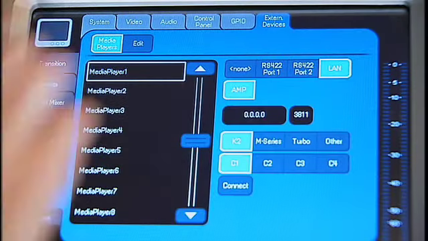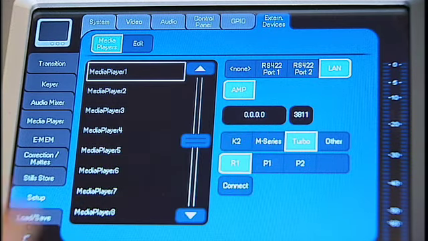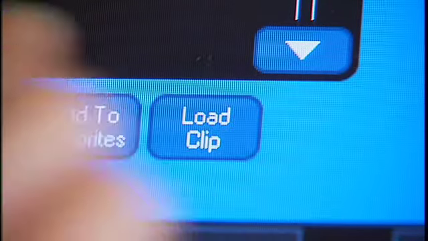Now that you know how to set up media player control and you can load clips into the Indigo mixer, you've gained a lot of control over inclusion of pre-recorded content in your production. Like a lot of features in Indigo, this is something that will become a much more powerful tool the more you practice with it. Now let's move on to talk about another important and powerful feature of the Indigo mixer: